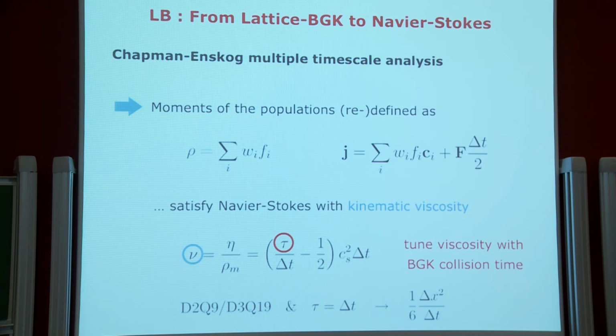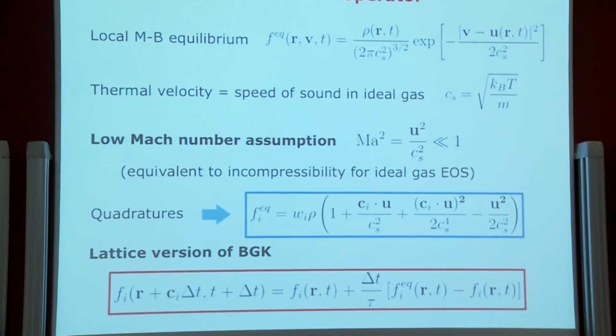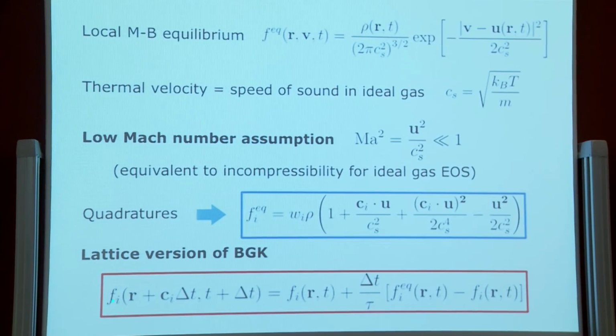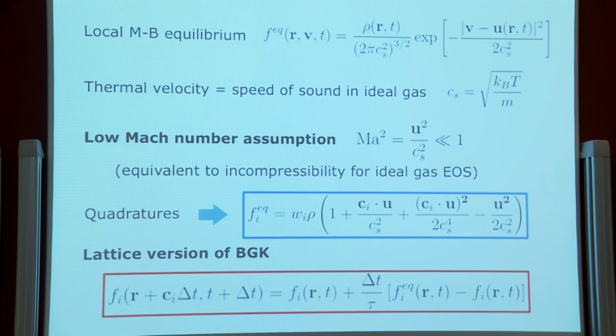And in the particular case where you relax at each time step, you relax towards the equilibrium distribution, so tau equal to delta t. It's very simple, the algorithm, because then you have this population at the neighboring grid node that is equal to the equilibrium population. So it saves you a little bit of computation. It's less flexible, but it's more efficient. Then